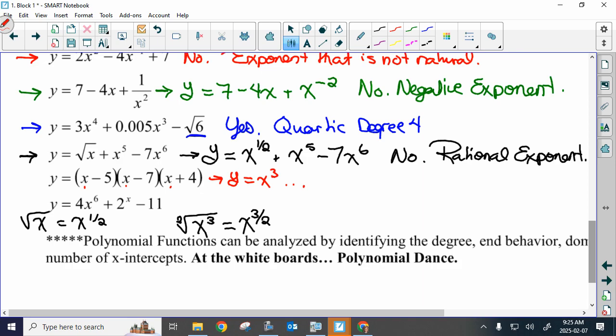If I take the constants and multiply them, what's -5 times -7 times +4? 140. If I were to expand this, would I ever get a negative exponent on the x? If I'm going to take x times x, or negative 5 times x, or do any sort of expansion, would there be anything that would indicate a negative exponent or a radical exponent? Okay, let me just show you real quick what this